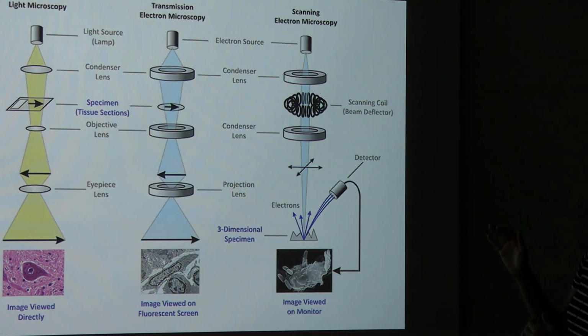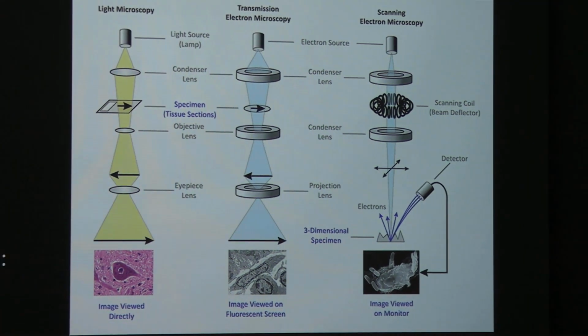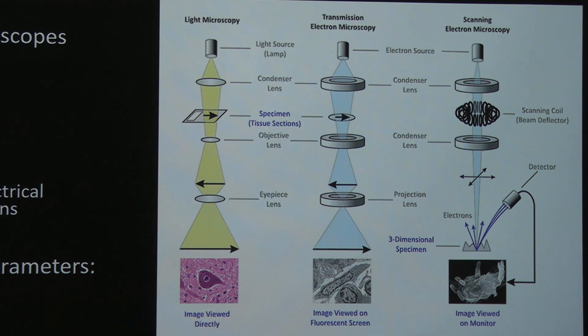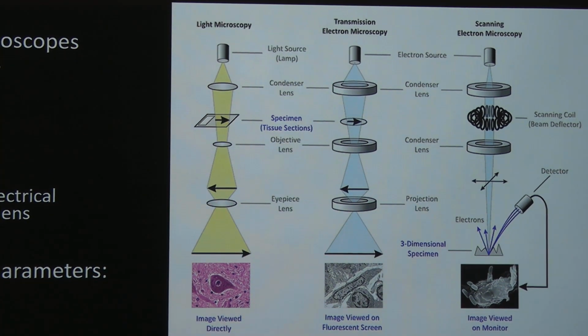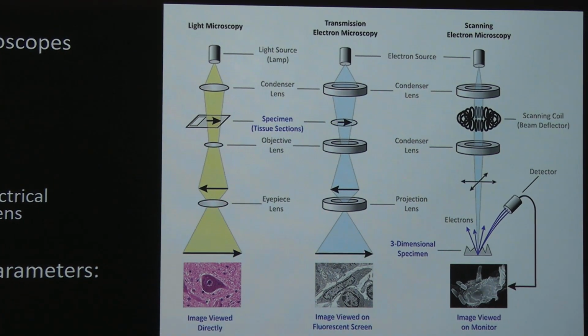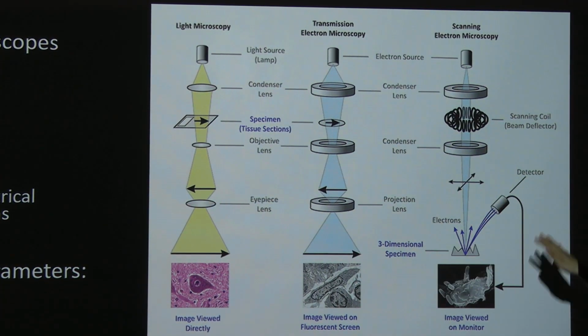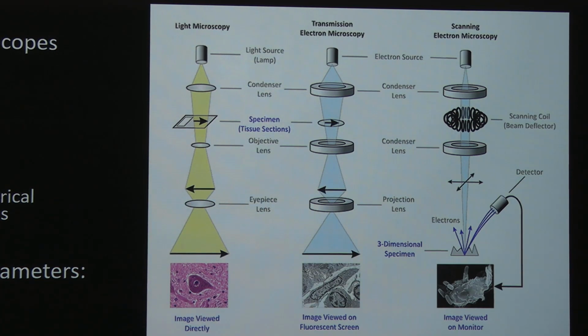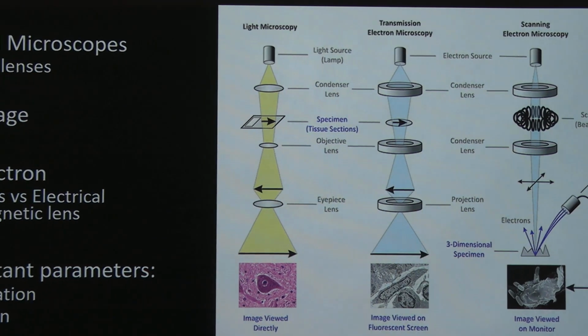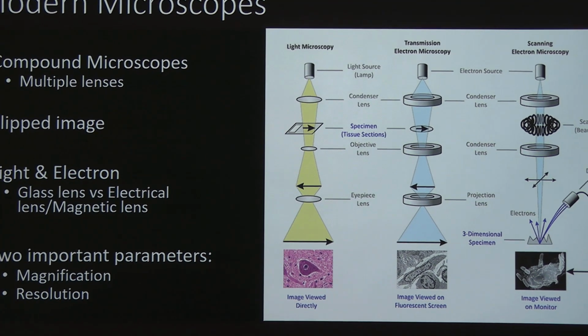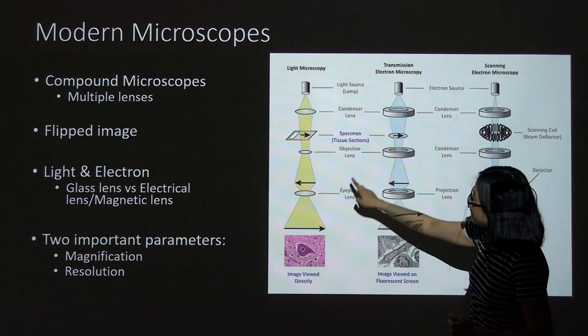So instead of using glassware, they use some electrical field or magnetic field, because they use electrons as the source for all these instruments. So this is the difference between different microscopes. And we will use the light microscope as a